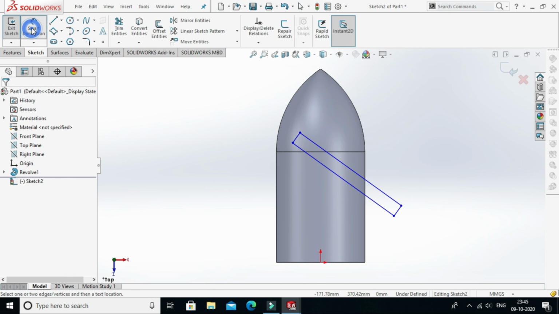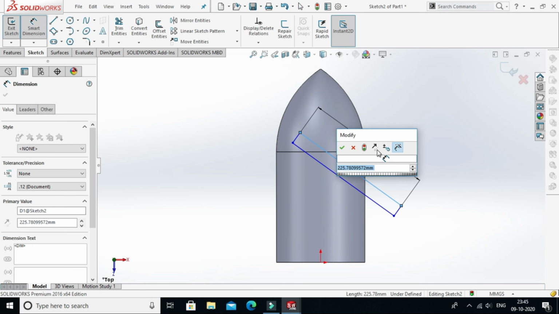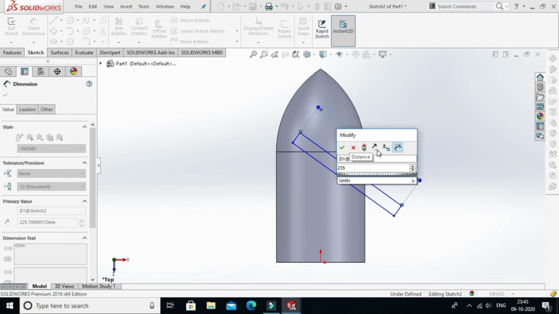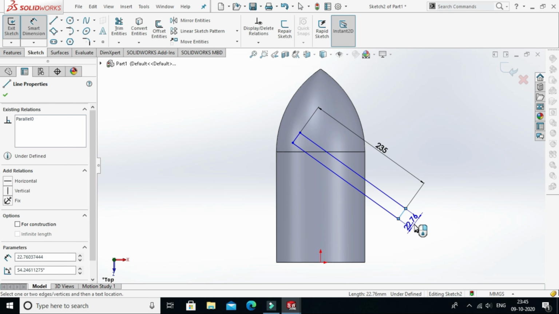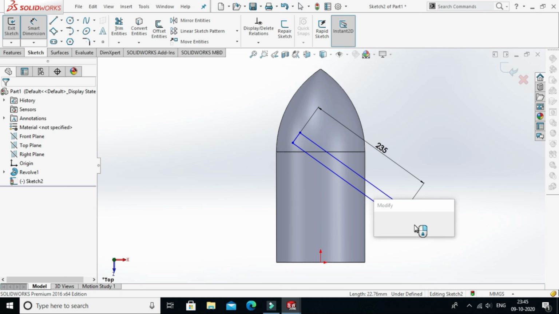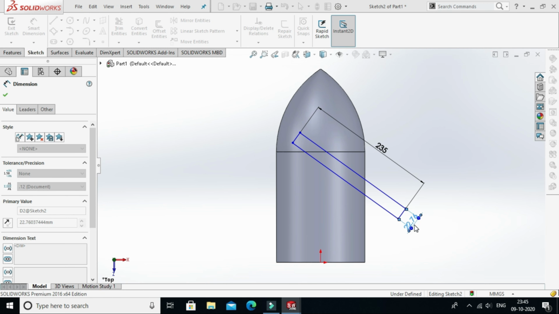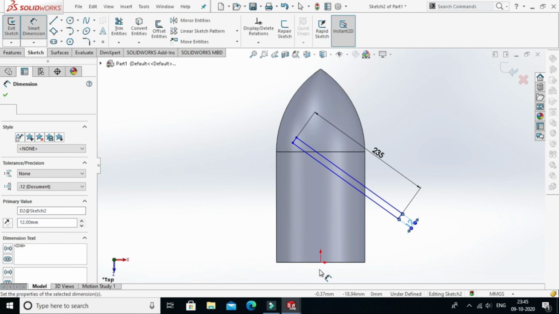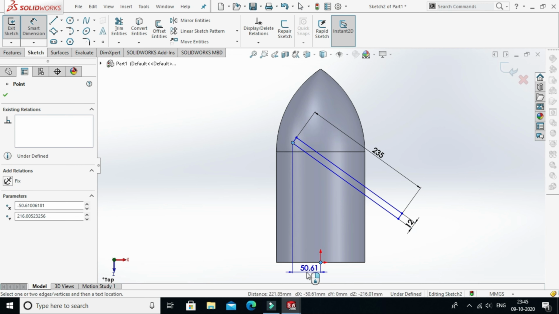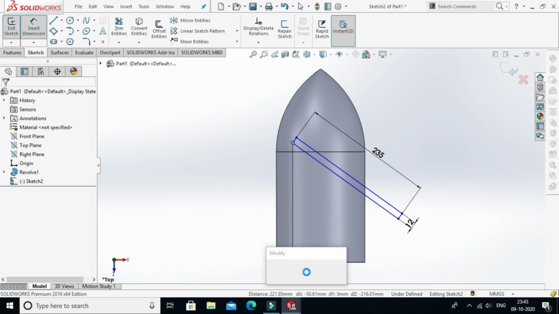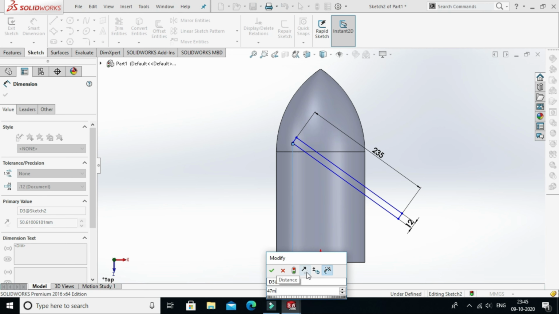Now select small dimensions. The length of this line is 235 millimeter. The width is 12 millimeter. Now the distance between origin to this point horizontally is 47 millimeter.